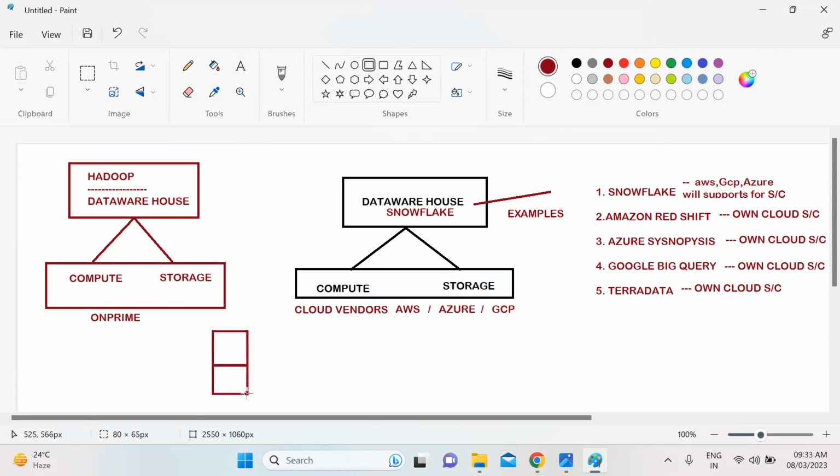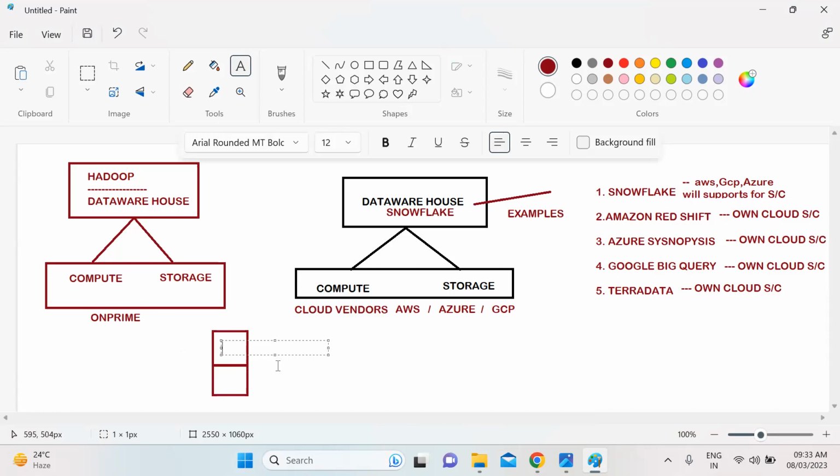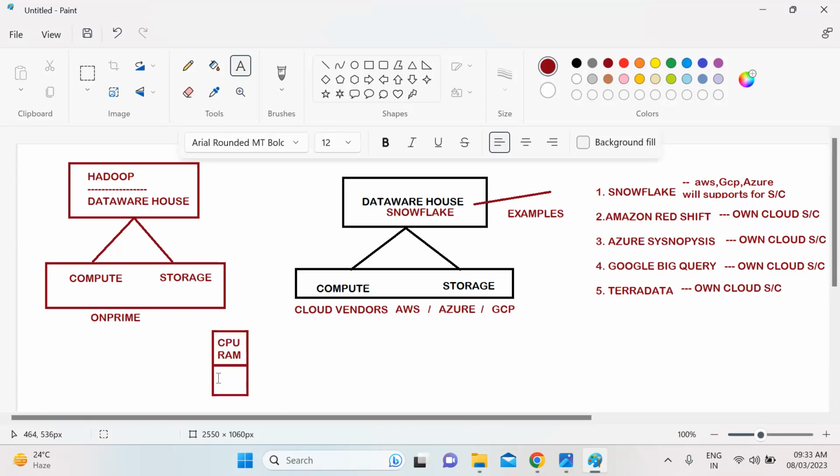In the on-prem, let's say this is compute, for example CPU and RAM. And this is ROM.